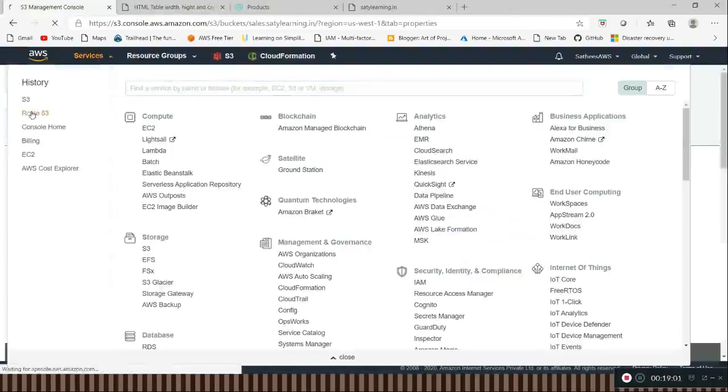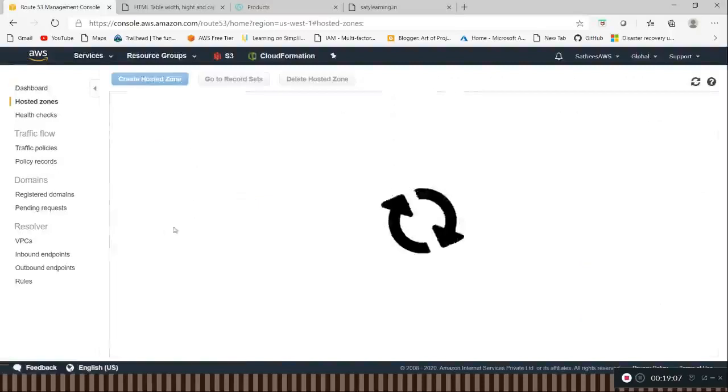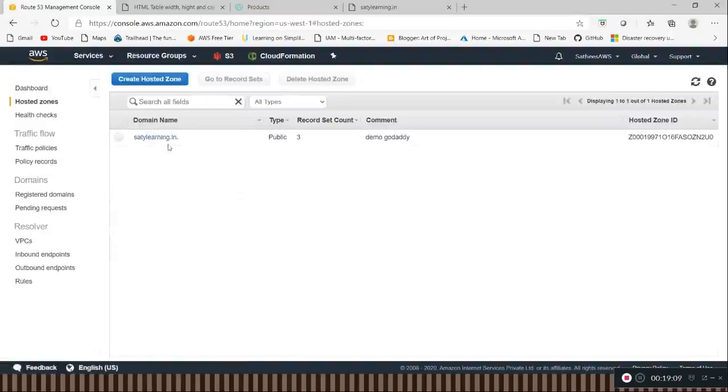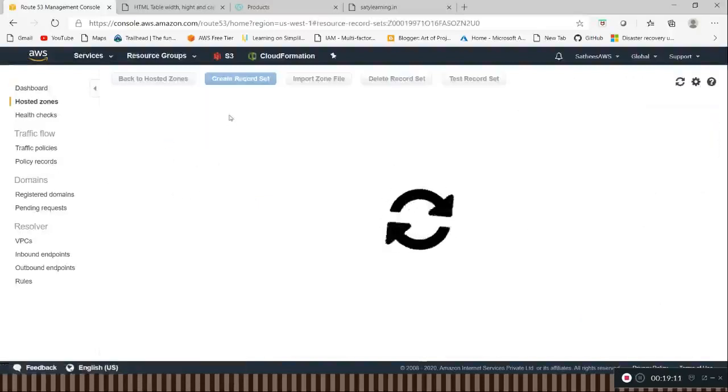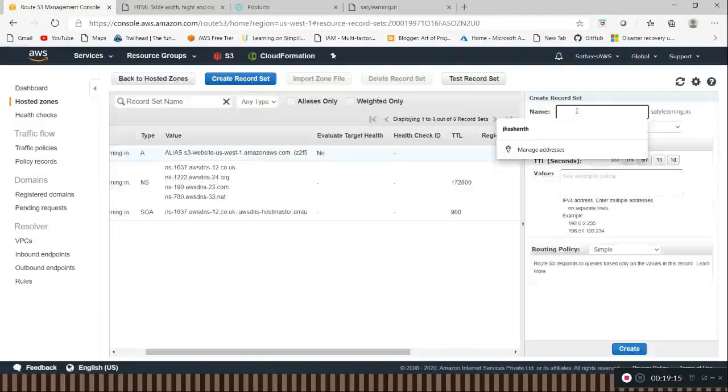I am going to Route 53. Already we have one hosted zone. We just need to open this and create a record set for the subdomain. So here I am giving sales.satylearning.in, and I am creating an alias.